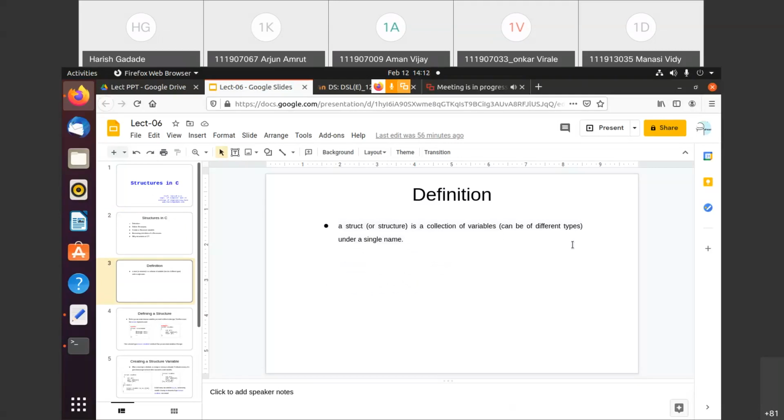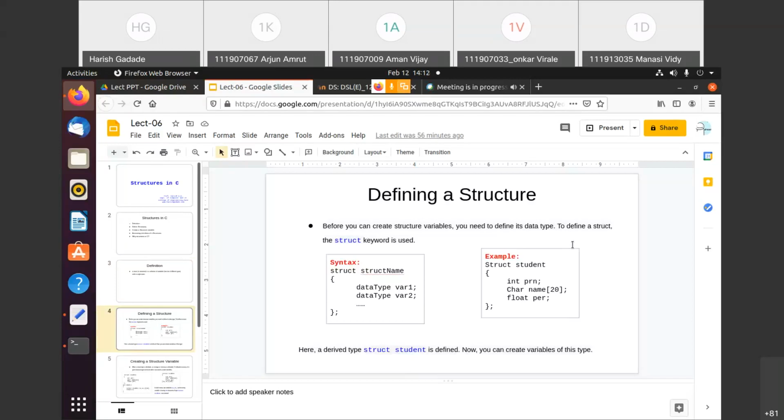Now let us see how to define the structure, because here first we need to create the structure variable. In normal variables, we simply use any variable like int a, int b, or char a, char b, something, right? But for integer or character, for every variable that size is the same. But in structure, if you create any variable, that variable will have a different size. So how that size differs, I will tell you. First let me see how to define a structure, then I will tell you about that size also.